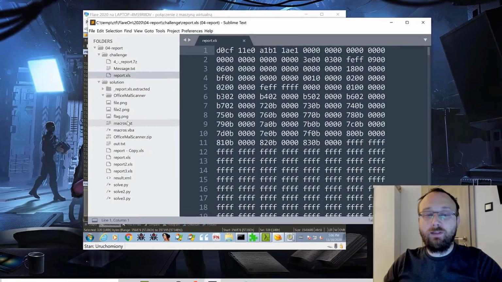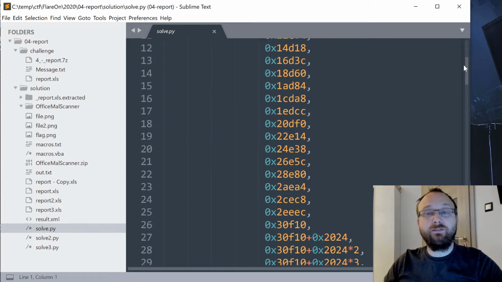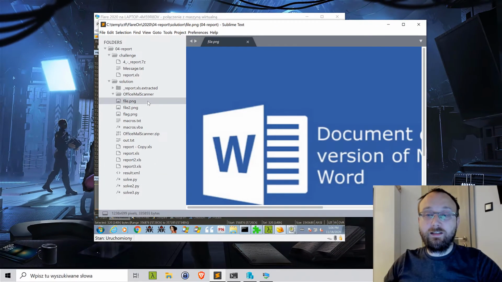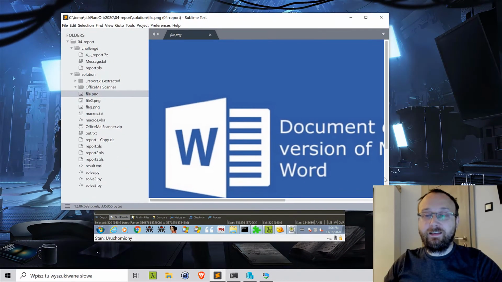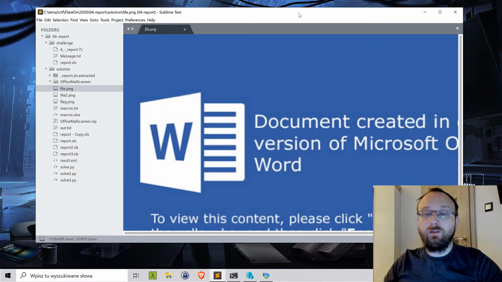Nonetheless, I wrote a simple script that would extract parts of this PNG file, because the file was put in chunks. So I had to take those chunks and combine them into the file to get the full picture. And I managed to do it, but unfortunately it was this image that is commonly seen in files,